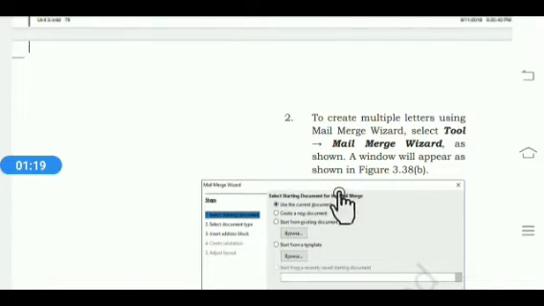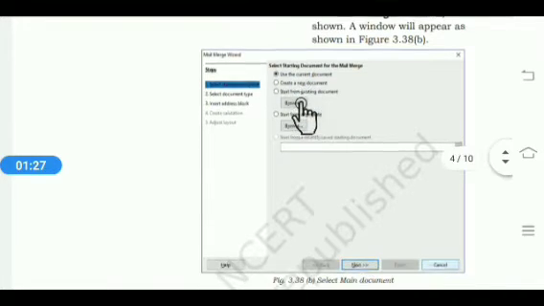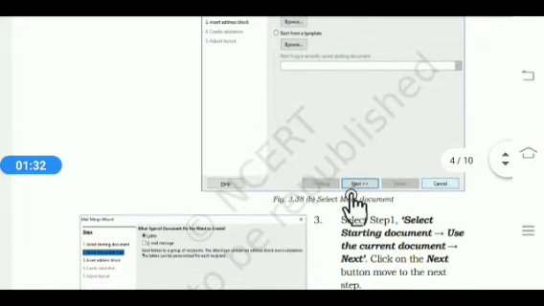Then a window will appear as shown in figure 3.38b. Then click on the select starting document option and then click on the use the current document option. Then click on the next button.